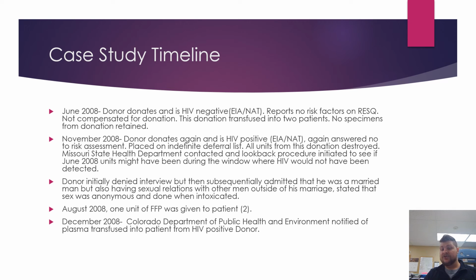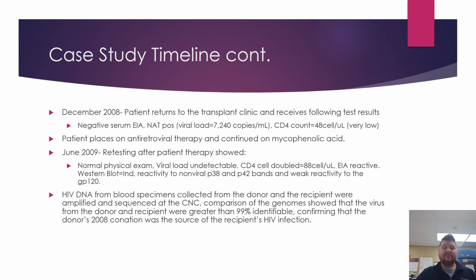HIV positive donor. So his doctor, when the patient came in December 2008 to the transplant clinic, got the following results. He had a negative serum EIA, so we don't have antibodies yet. We have a positive NAT with a viral load of 7,240 copies per milliliter. No bueno. And a CD4 count of 48 cells per microliter. That's really low. Our patient is placed on antiretroviral therapy and continued on